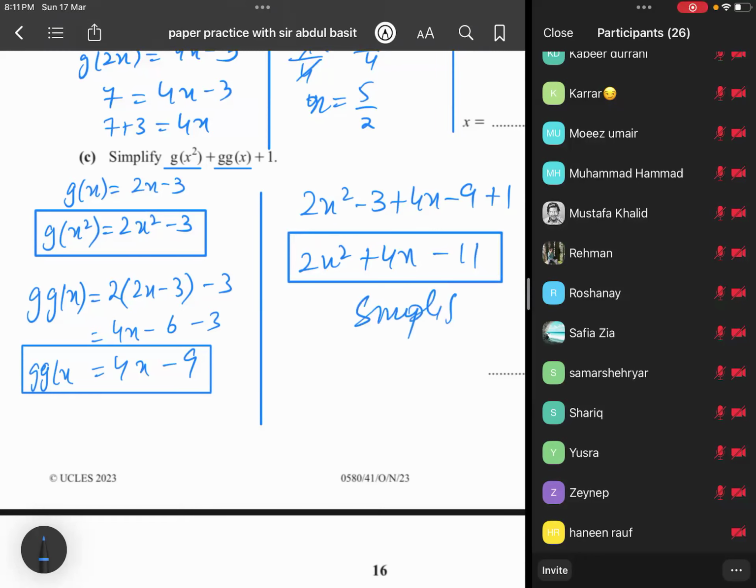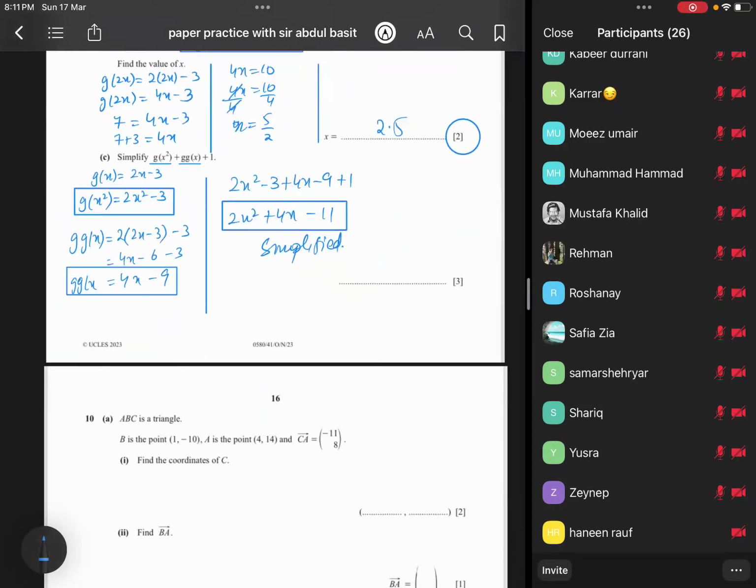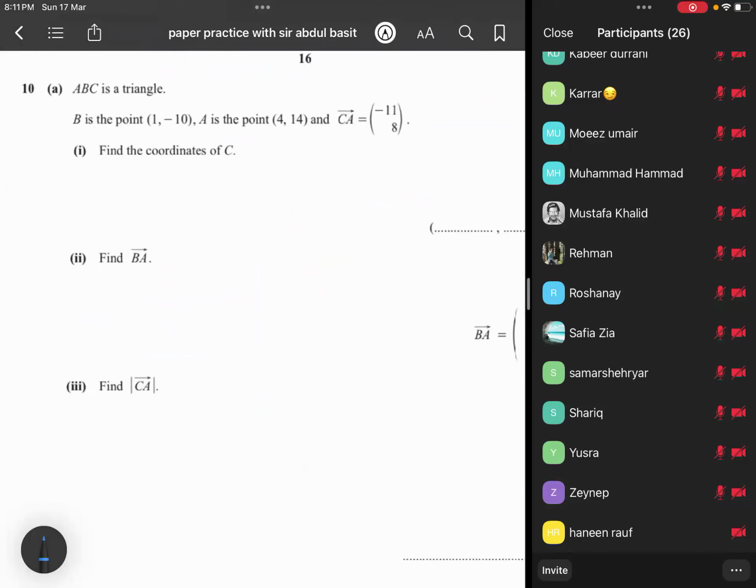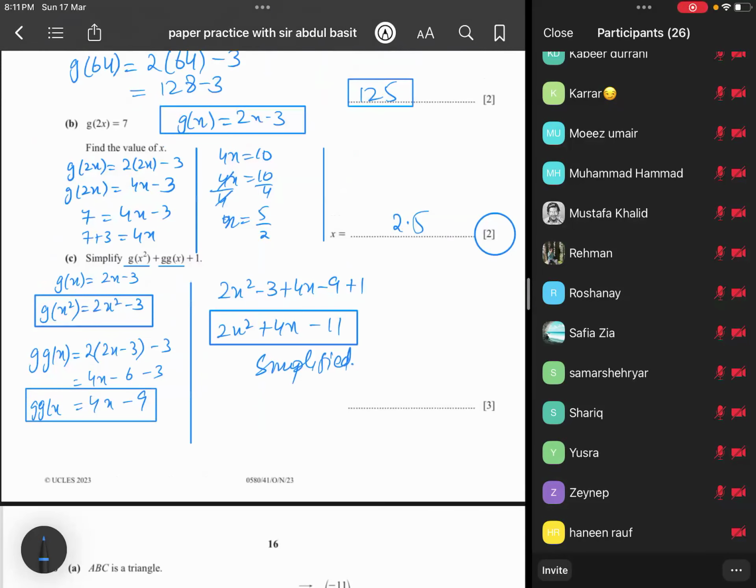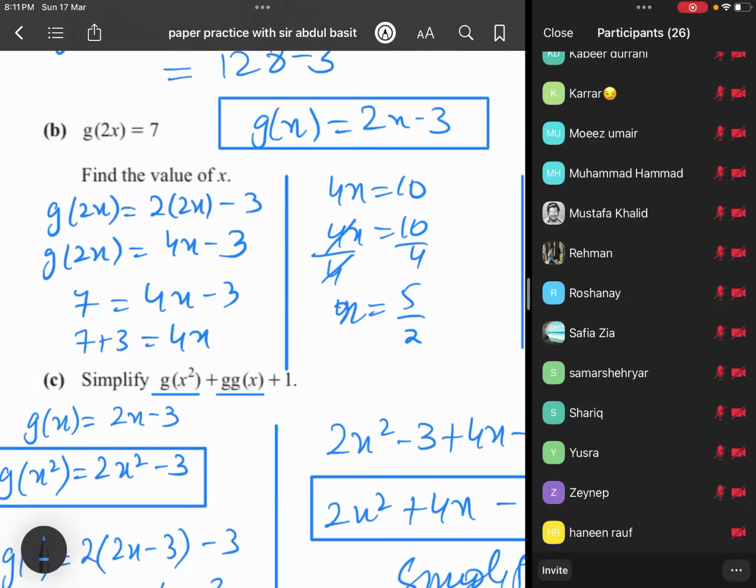Simplified. Easy everybody or not? Yes, sir. Any problem so far? Sir, can you repeat part B? Part B, बेटा, लिखा है g(2x) is equal to 7. ठीक है।